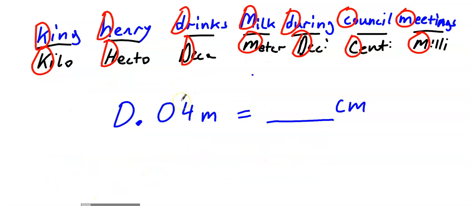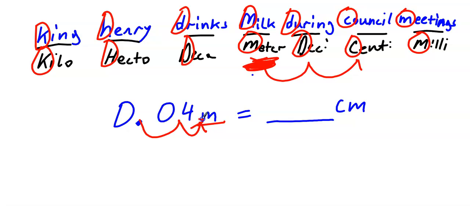Okay, and this brings us to the last problem. We have 4 hundredths of a meter, so we are here, meter, and we want to become centimeters, so we go 1, 2 to the right. So take our decimal place where it used to be and go 1, 2, so we go 1, 2 to the right and drop it after the 4. Decimal is now